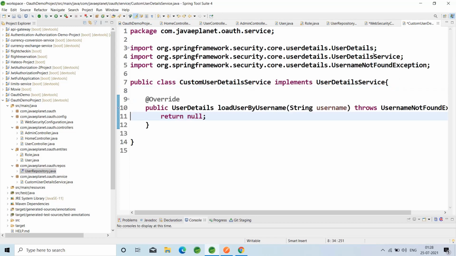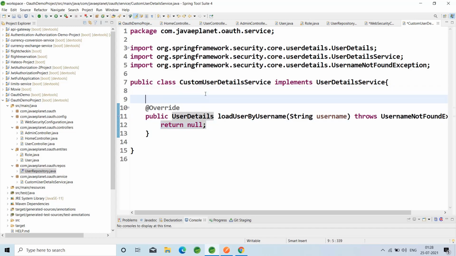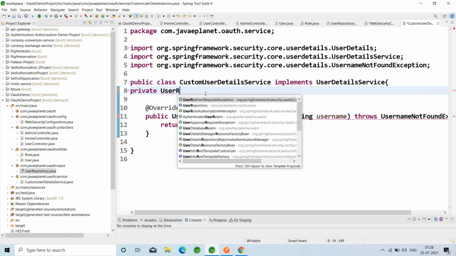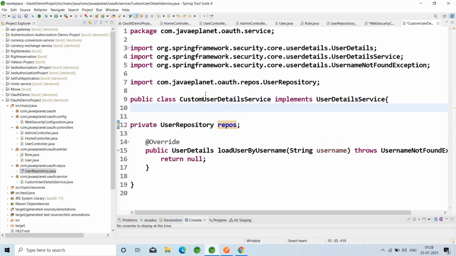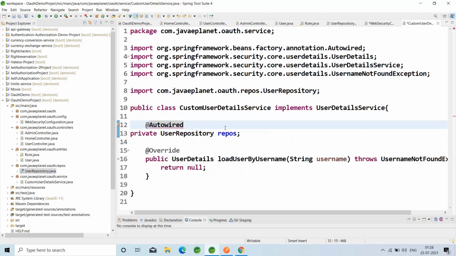Now get into the CustomUserDetailsService. Inject the repository, private UserRepository repos, and autowire this. After that, control shift.